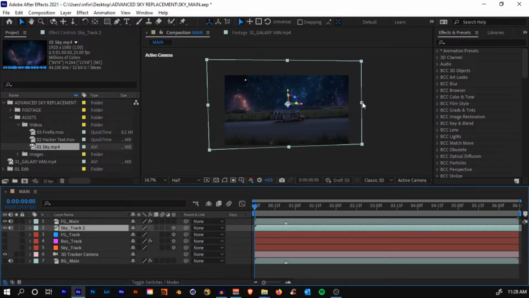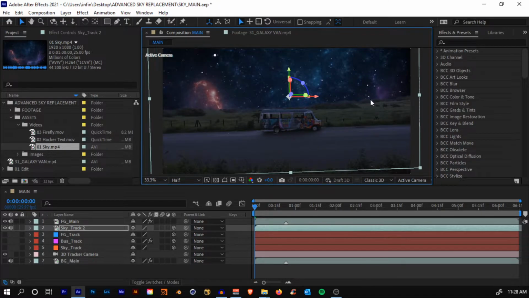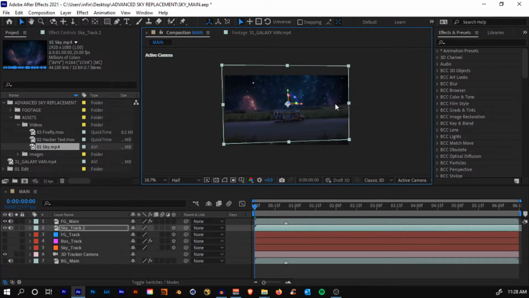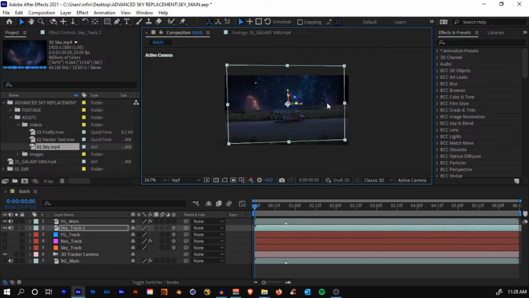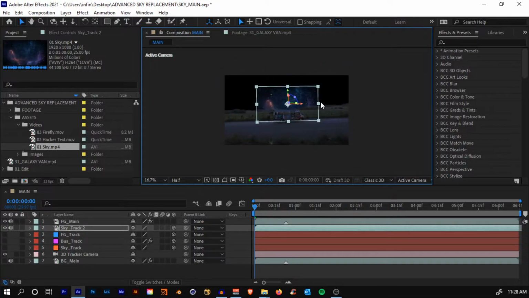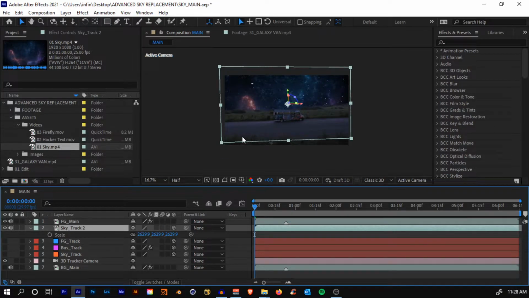The first thing, we'll scale our footage down. By the way, if you try to scale it down directly, you'll see that it doesn't scale, it just compresses. You need to select this point, then hold shift and then scale it down, something like that. Or you can always scale it down from here, that's not a problem.